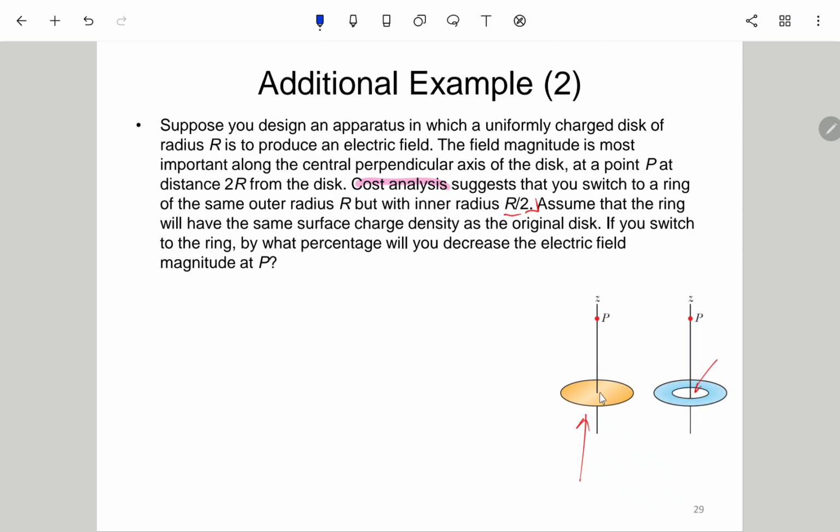So 所以他就说就是他会拿走这个部分，那部分的电荷也一起拿走，所以的话就是密度是保持不变的。Okay, if you switch to the ring, by what percentage will you decrease the electric field magnitude at P? Okay, 就是问你那个电场变弱了多少。